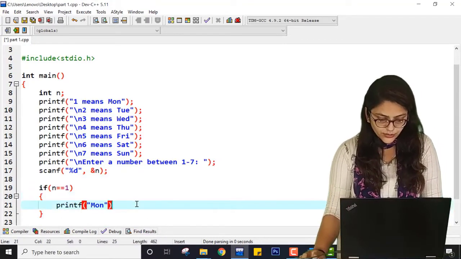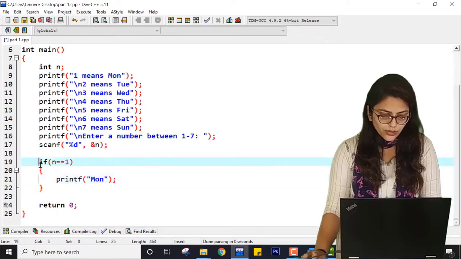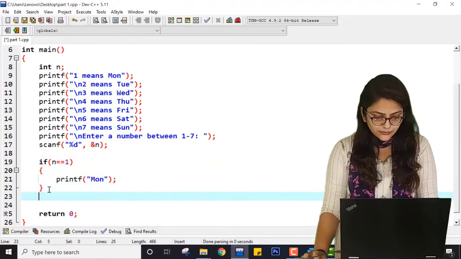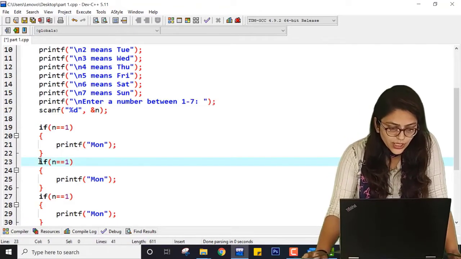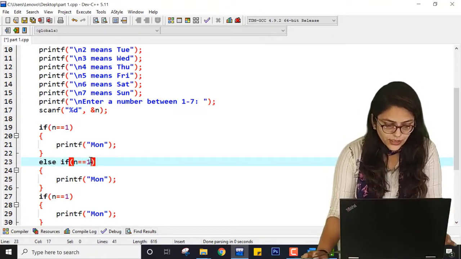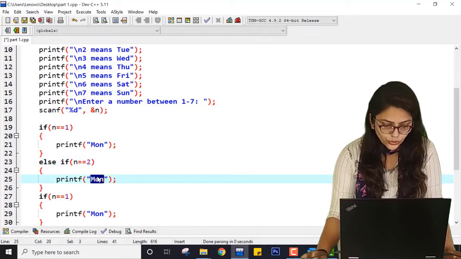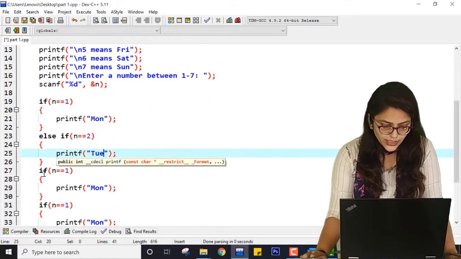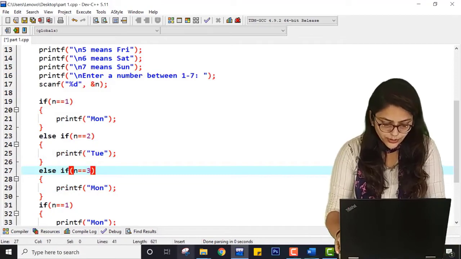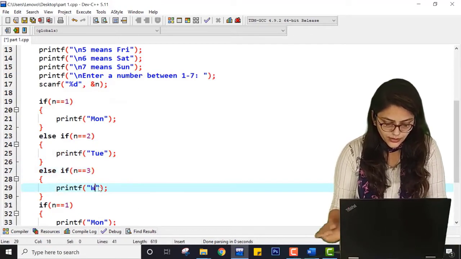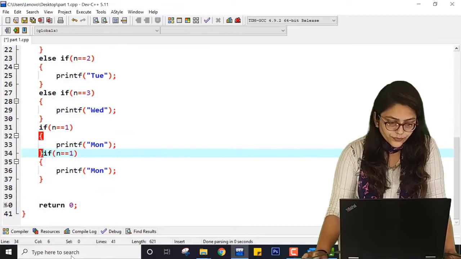Okay, here it will be a semicolon. Then, for each choice I'm writing, else if n equal to 2, then it should be Tuesday. If n equal to 3, then it is Wednesday.